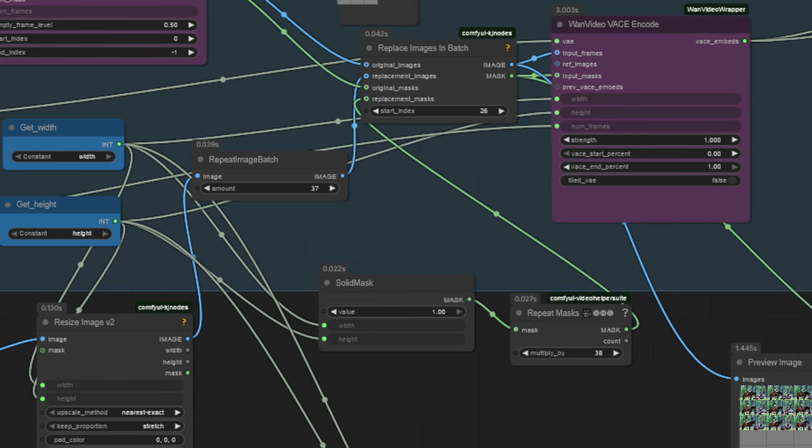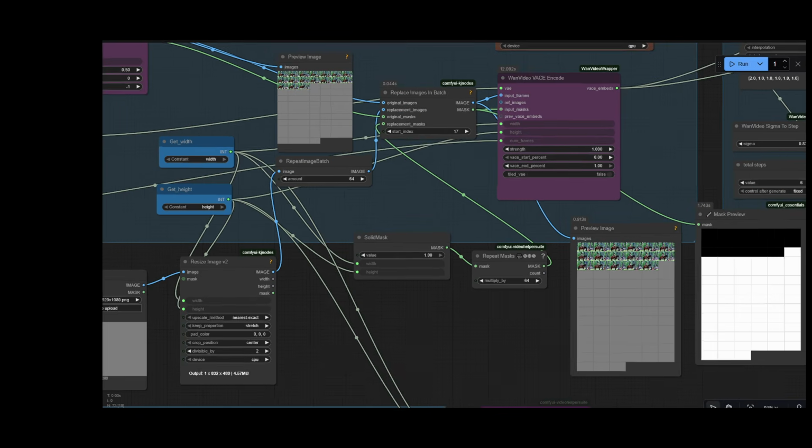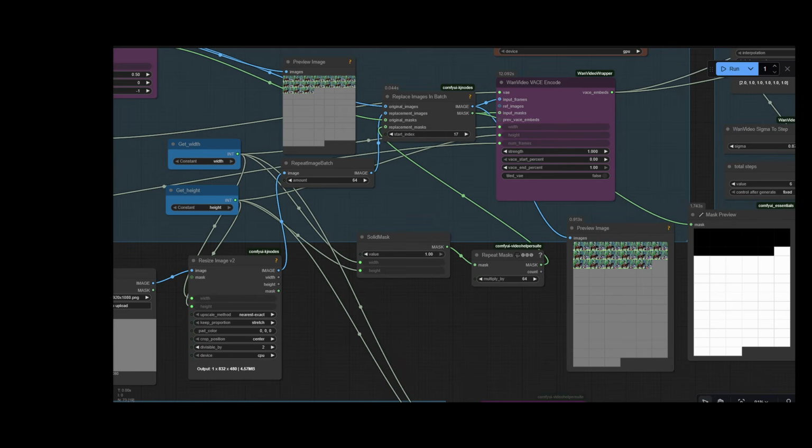So let me just load up something that should correct the figures you see there. I like to leave mistakes in, because the weird thing is, this worked. Why? I honestly don't know or care. The preview shows enough to know it would work, but sometimes things get weird with numbering, so let me now just swap in the correct information, which is basically where I change the node numbers from this to this. Shazam, and from the previews I then ran, you can see exactly the same result should be getting sent to the VACE encode node. So let me talk you through those nodes and what the numbers mean here.